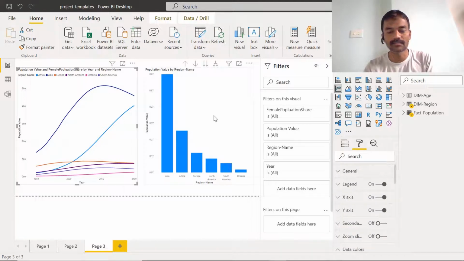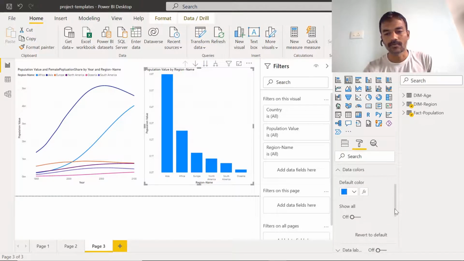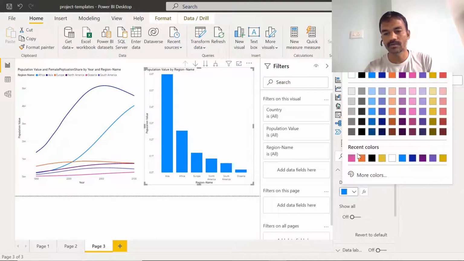The other things which we have in this data, like for column charts: basically, not all formatting options are available for each of the charts. It depends upon the visualization type, the visualization chart. So depending upon that, we can have this formatting. Now for this also we have this data colors option, and you can see it is just a default color for all the columns here. And if you wanted to change it, we can change it to some other color as well, like this.